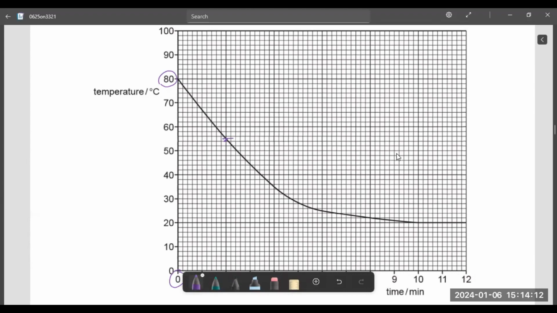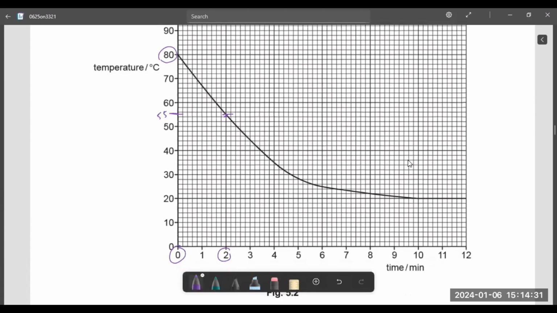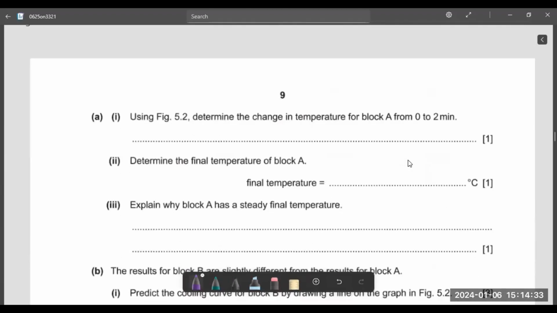On the axis we have 52, 54, 56, 58, 60. So the middle point here will be between 54 and 56, that is 55. So the change in temperature will be 80 minus 55, that is 25